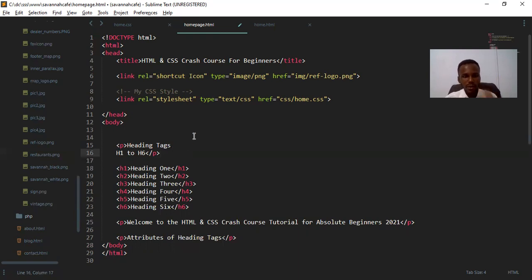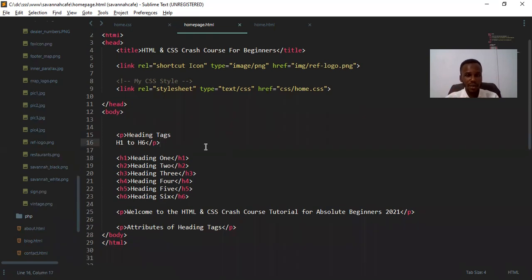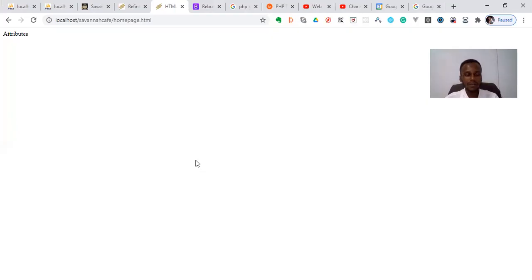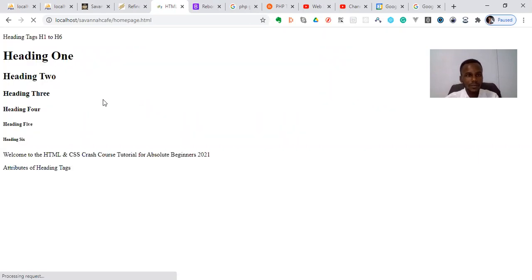Okay. So let me save this. I wanted to add a break tag. A break is to break. If you check this thing online, this thing will be on a straight line, but you will see the difference when I use the break tag. But before that, let's go to our web page and see what we have. So if I refresh, now